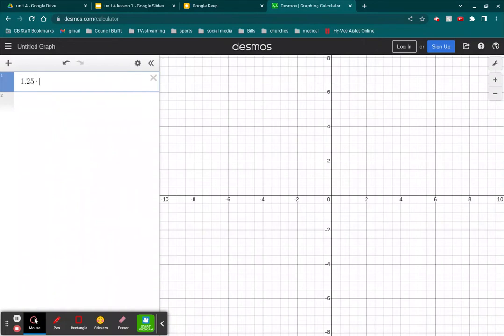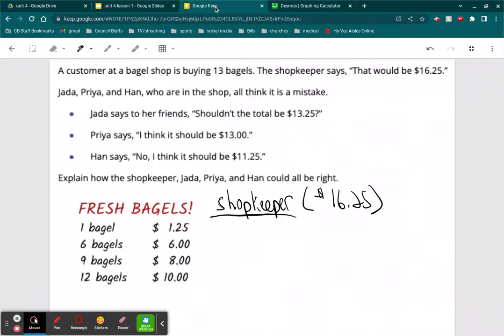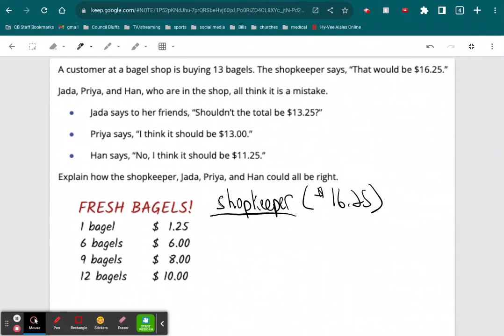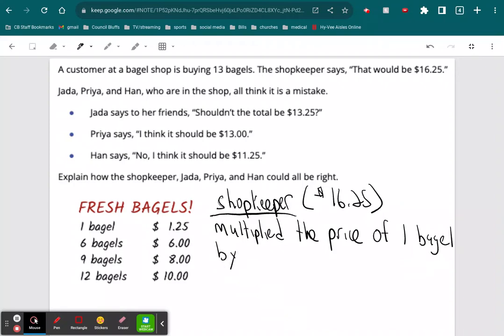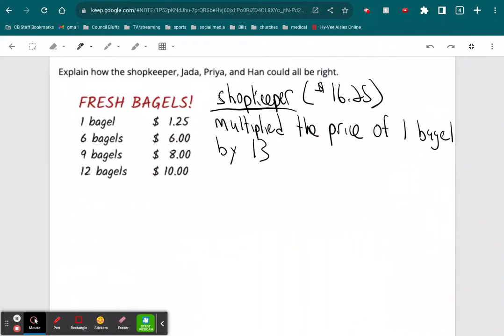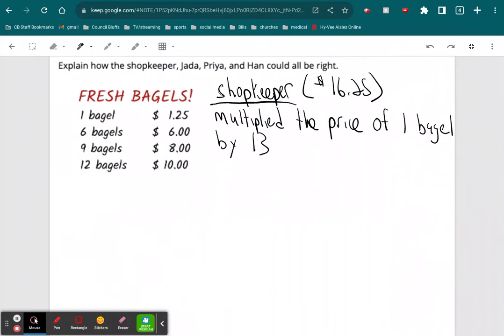So is $1.25 times 13 bagels $16.25? So how could the shopkeeper be right? The shopkeeper could be right because he multiplied the price of one bagel by 13. $1.25 times 13 is $16.25. So that is how the shopkeeper could be right. Let's look at Jada's